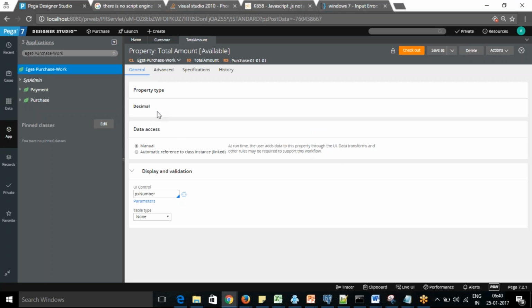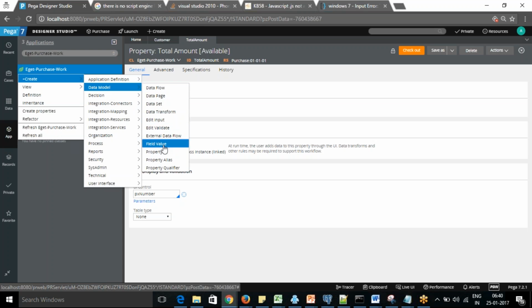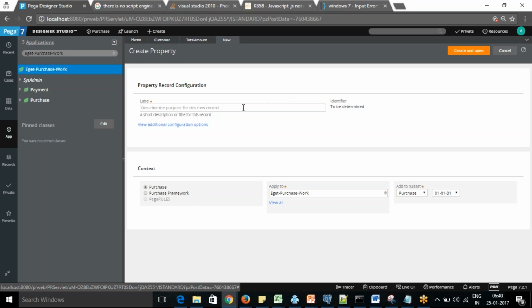Let's create one more property. Let's say total quantity.